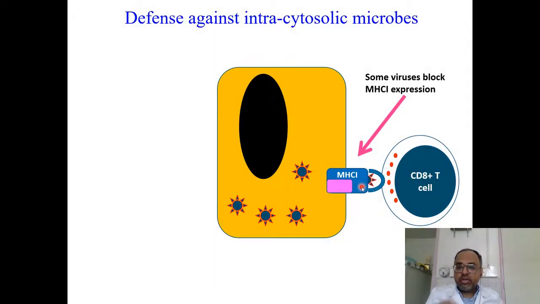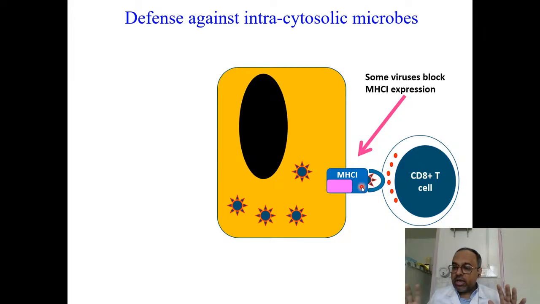So now we have something which is a very interesting phenomenon. During evolution, viruses and host cells, or let's say microbes and hosts, have always been competing with each other. They've been trying ways to basically increase their chance of survival, for pathogens. And for host cells, they've been trying to develop ways to protect themselves against pathogens. And this way of killing the infected cell by a CD8 T cell is a type of mechanism that our immune system has developed during millennia, during millions of years, to protect us against intracytoplasmic pathogens.